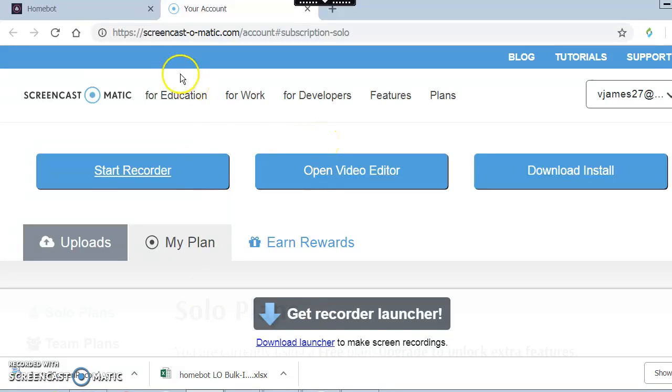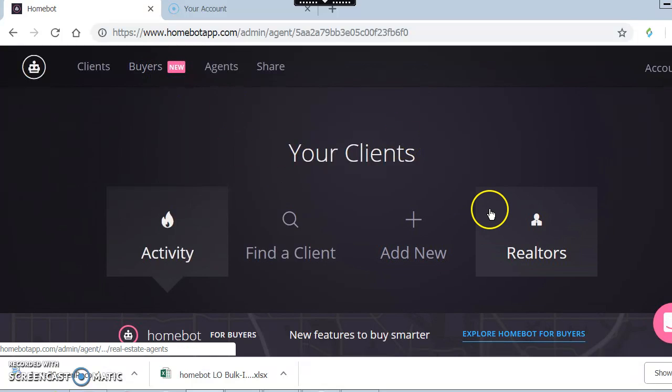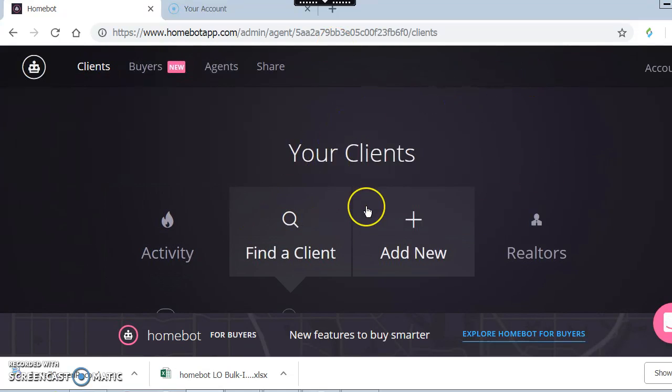Today I am going to show you how to add a new client to Homebot. You can do this one of three ways. So once you're logged into Homebot, come up here to Clients, which is the screen I'm on, Add New,